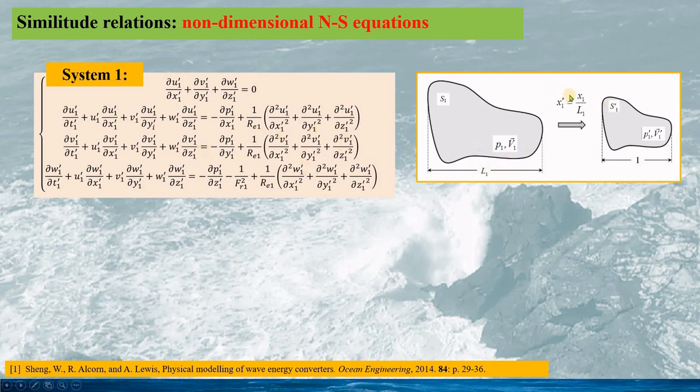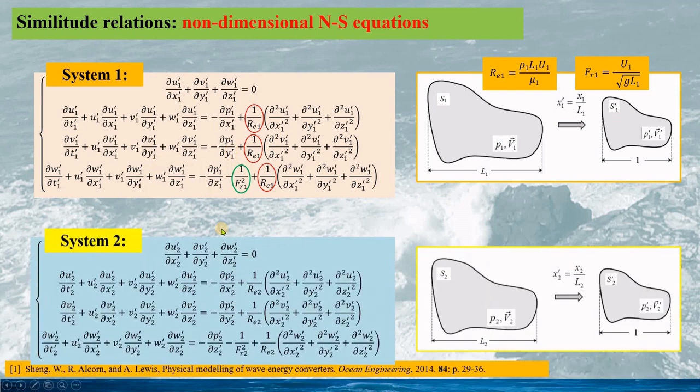Geometrically, if we make the non-dimensional analysis, we can transform the system S1 to the standard system S1 prime as this, and the dynamic equation, the transformed Navier-Stokes equation for the transformed system S1 prime, is given in this. Again, we can see here the Reynolds number and the Froude number in the transformed Navier-Stokes equation for the system